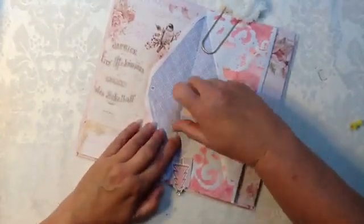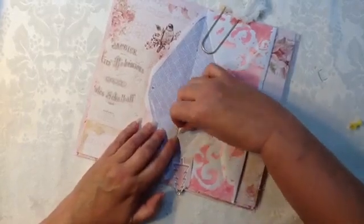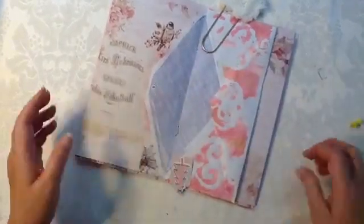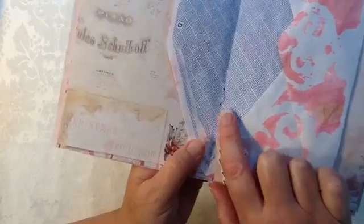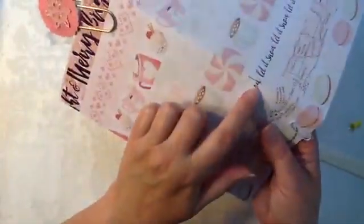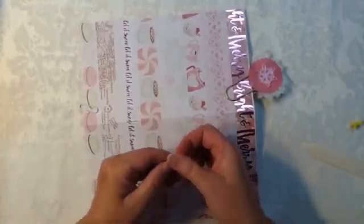So again, these staples are more heavy duty than most staples because I pulled them out of a Traveler's Notebook. And the Traveler's Notebook was a Webster's Pages, and you know that their stuff is top notch. I will have to work on getting that a little bit flatter. But you can see it's in there and it looks amazing. Let me see if I can get this other side in. I'm not going to take a lot of time with this